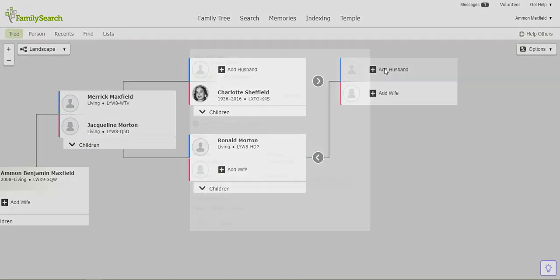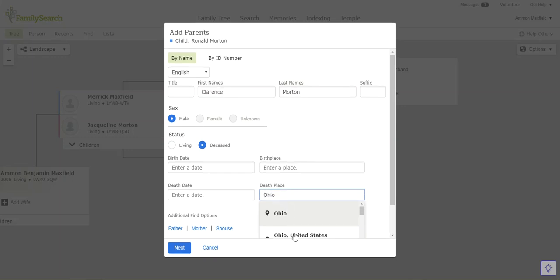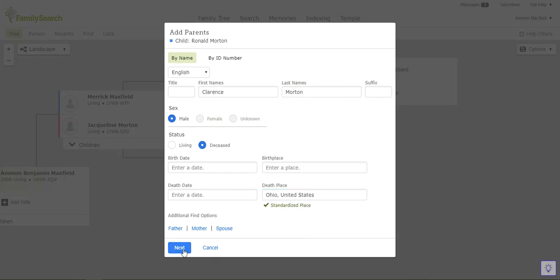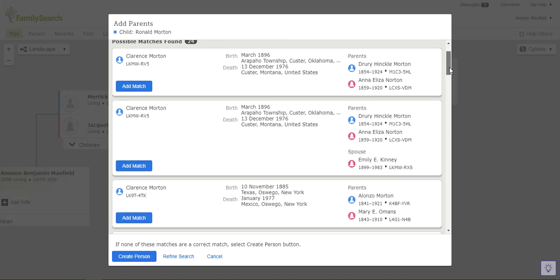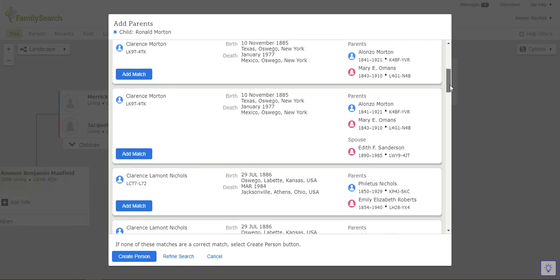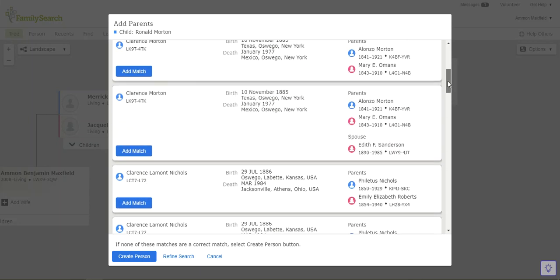So I'm going to click Add Husband. And his name was Clarence Morton. And he is male. Obviously, he is deceased. And he passed away in Ohio. And so I'm going to see if it'll quickly pull up Clarence Morton just by saying that he died in Ohio. And I know his information, and so I'll be able to come in here quickly and see if I see him. Now, I don't see him very quickly,